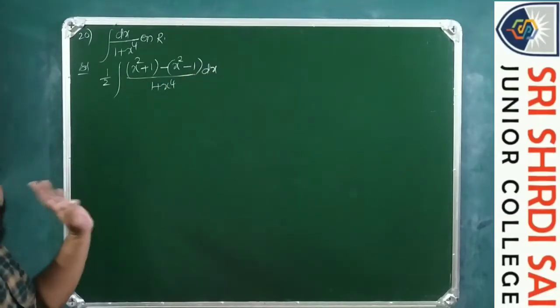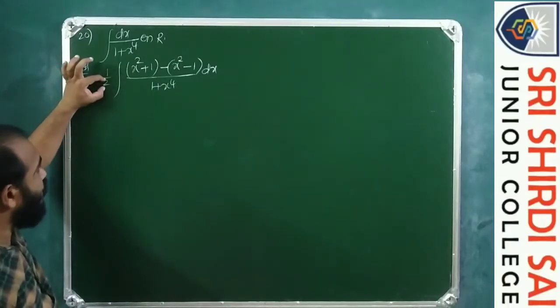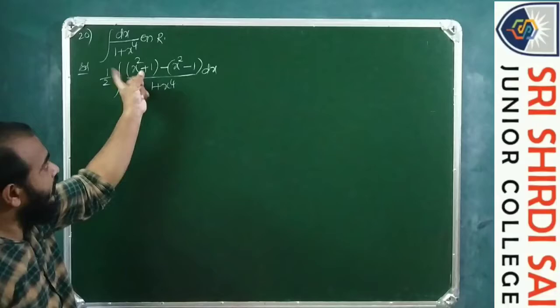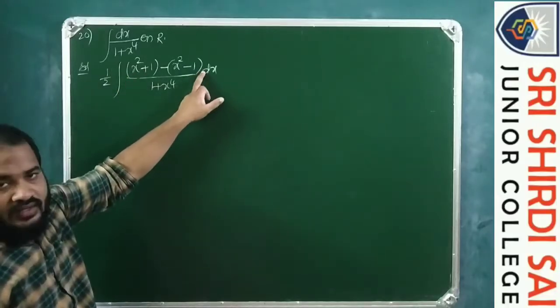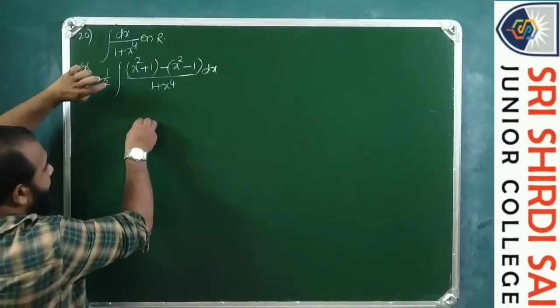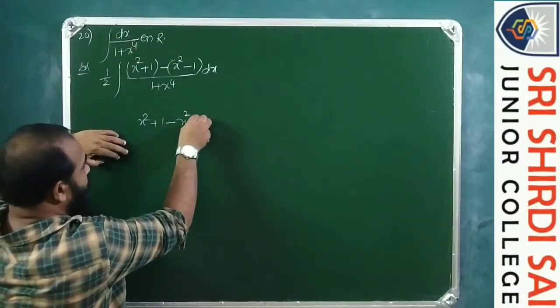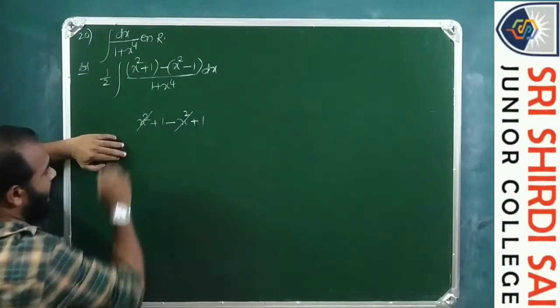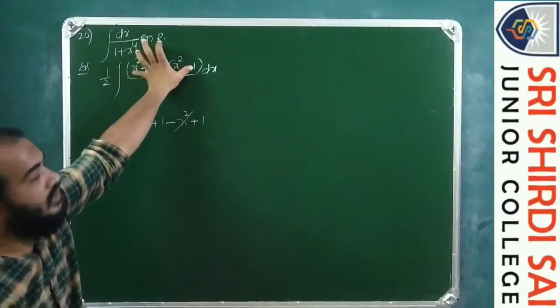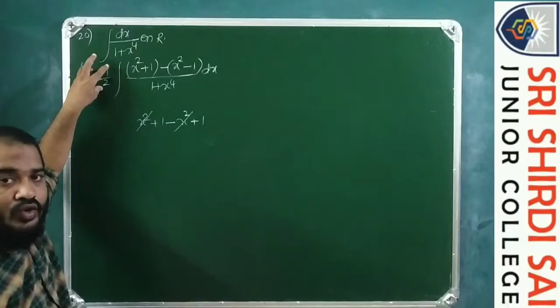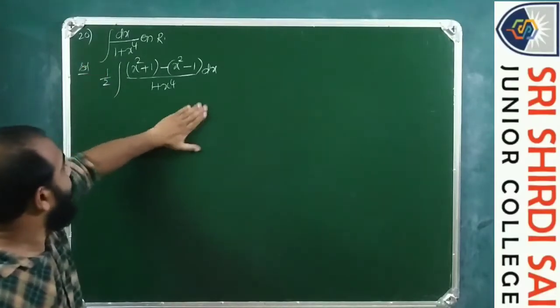See here what I have done is, I have divided with a 2. I have to multiply with a 2. So instead of 2, I have written it to be this, because x square plus 1 minus of x square minus 1 is minus x square plus 1. X square gets cancelled. So 1 plus 1 is 2 here. So with the 2 I have multiplied and 2 I have divided without loss of generality.